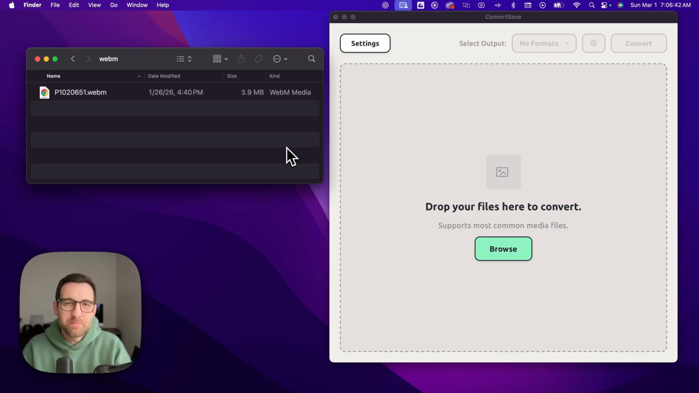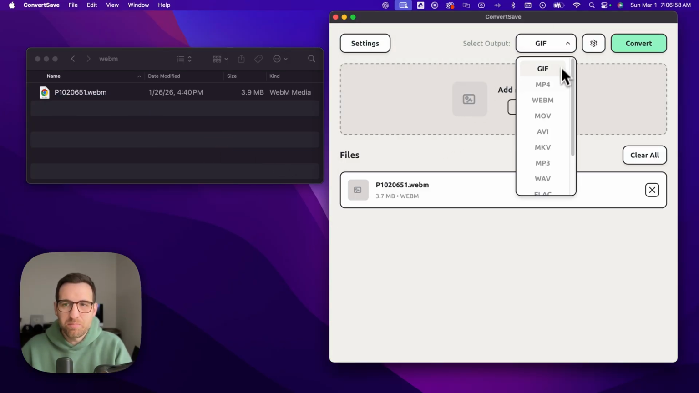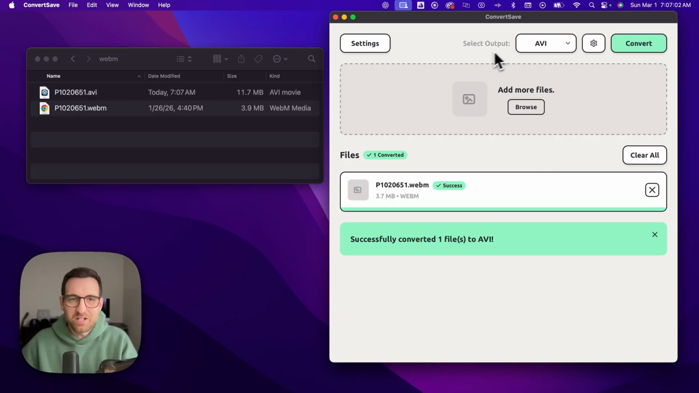Here's how to convert WebM to AVI. So if you're trying to convert that WebM video to AVI video, whether you're on Windows or Mac, my favorite file converter and the quickest and most efficient one is ConvertSave, because you can literally just drag and drop your files in. You can drag multiple in. You go select your output. In this case, we're going to AVI, and you hit convert, and it saves it right next to wherever that